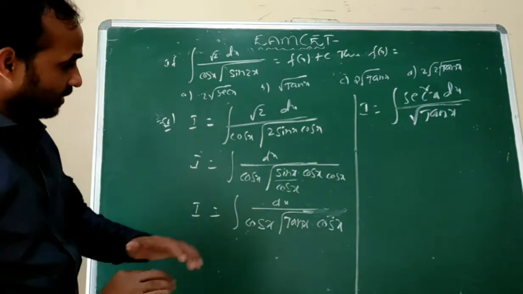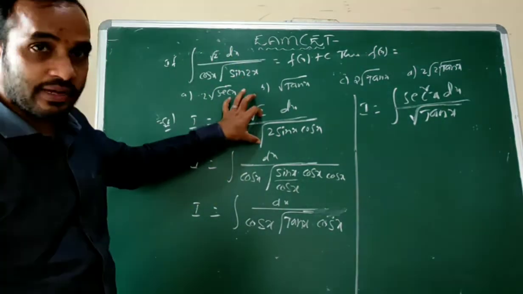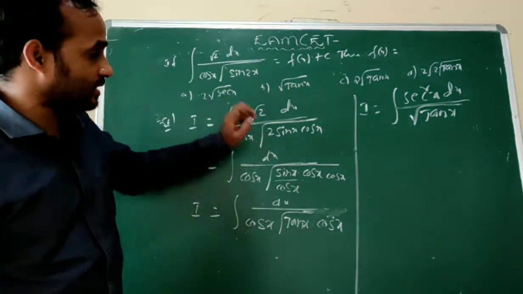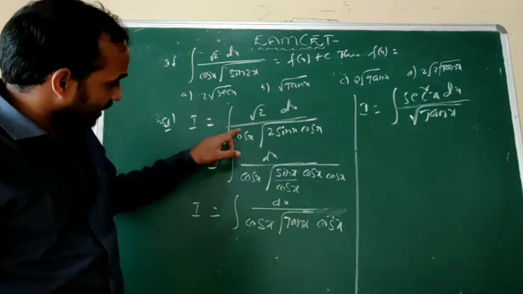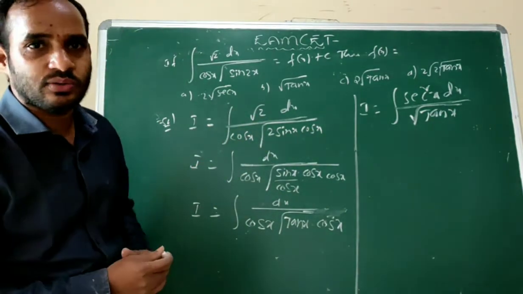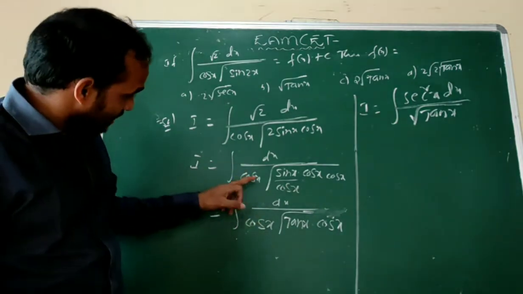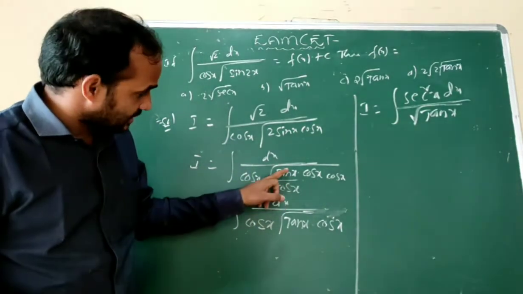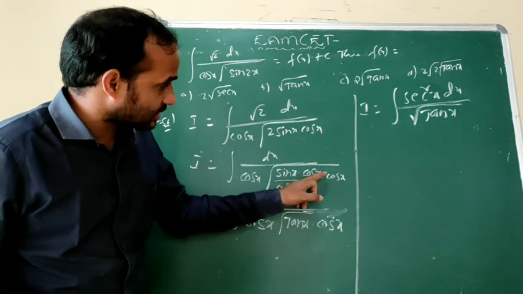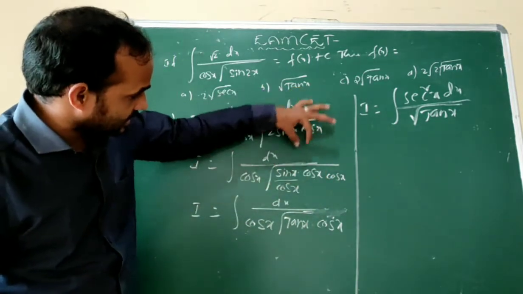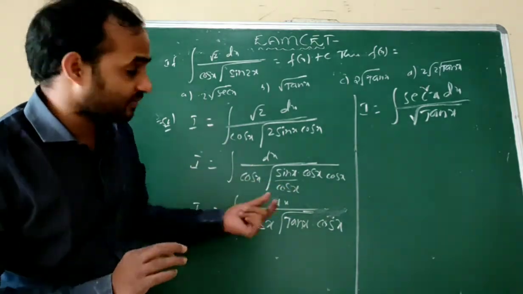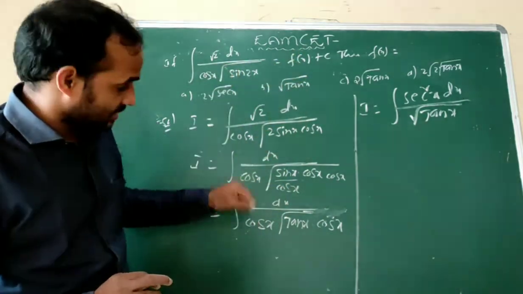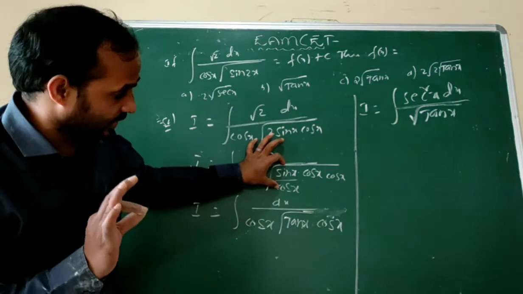That is important. You have to remember that as it is a copy-paste question. According to the question, sin 2x means 2 sin x cos x, but root 2 cancels out. Here is very important: 1 by cos x, secant x, that is no use. Secant square x means, that is important, under root 2 sin x by cos x into cos x into cos x. Here sin x as it is, cos x as it is, divided and multiplied by cos x. That is important because the derivative of tan x is secant square x. That is our calculator. You have to remember that.